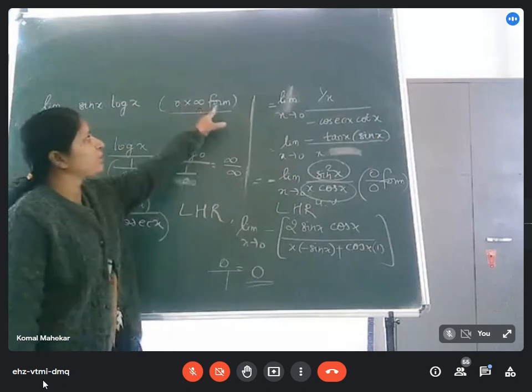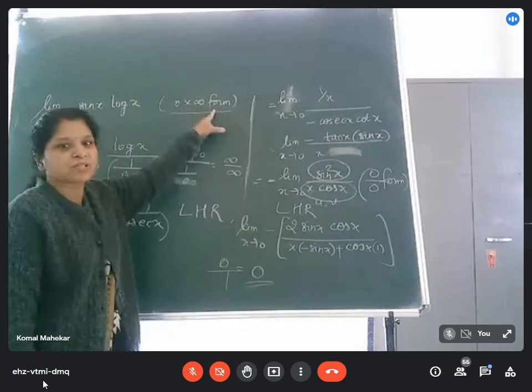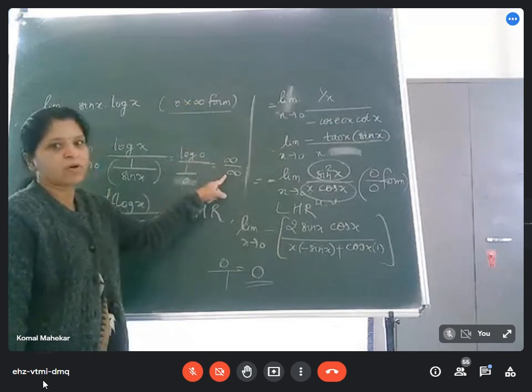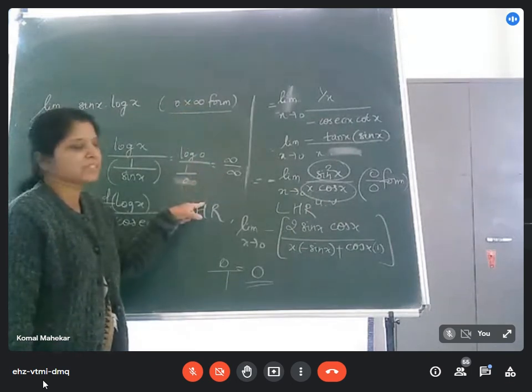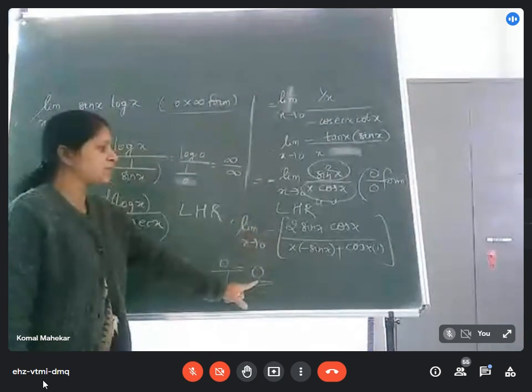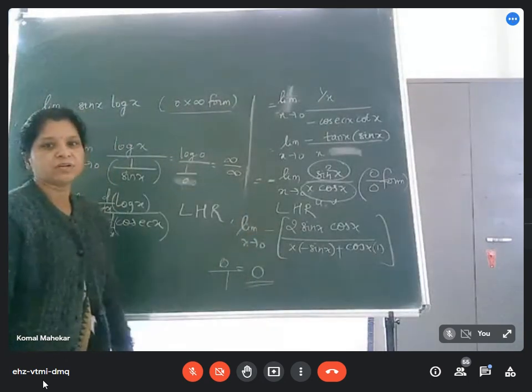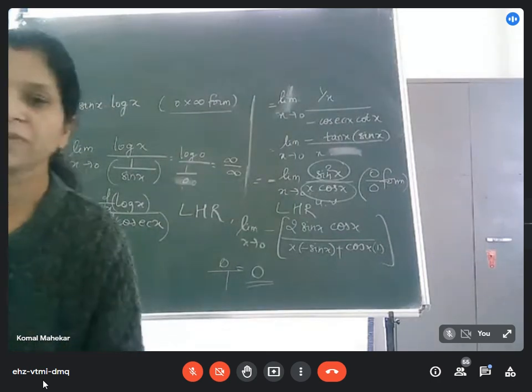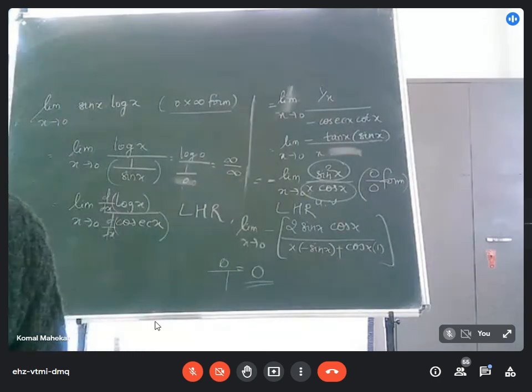So in this way we can find out the limit in 0 into infinity form. Directly 0 into infinity, that cannot be solved. So here we have to convert that into infinity by infinity form or into 0 by 0 form first, and then by using L'Hospital rule, you can evaluate the limit. Okay. So is it clear? So now we will stop here, and in the next lecture we will consider